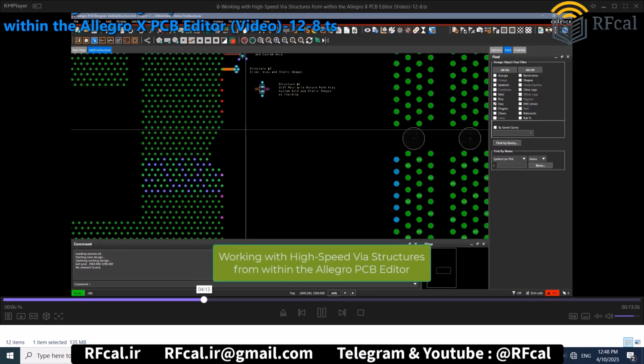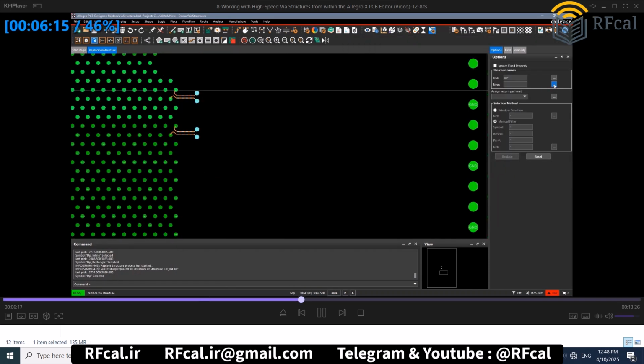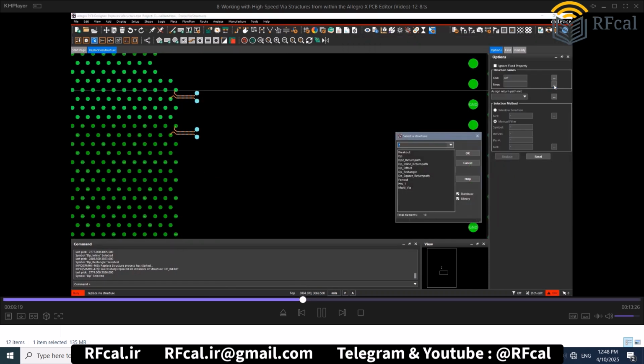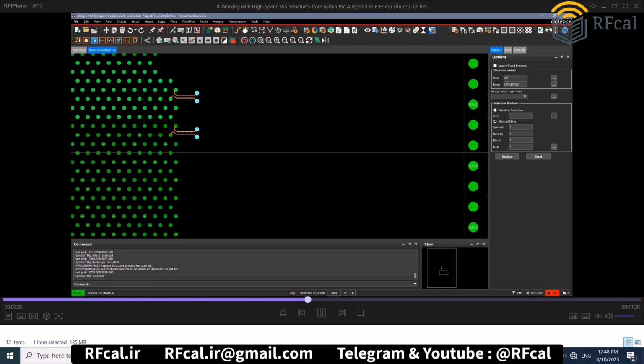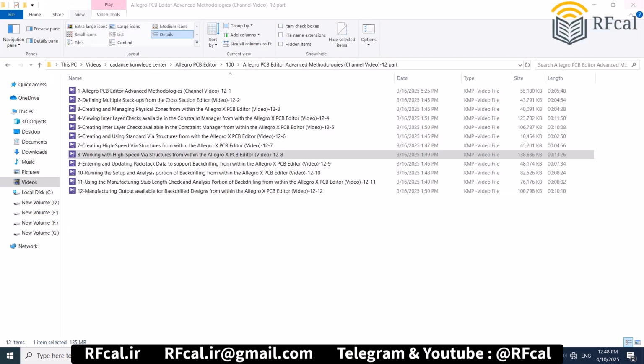Via structure must be an XML file. For standard via structures, like on the browser button, let's use DP offset. Now notice that the assign return path net path, since the via structure that I'm using has a return path via in it, so I'm going to go